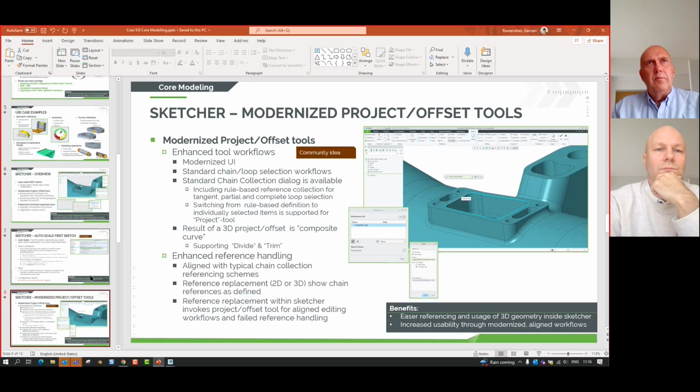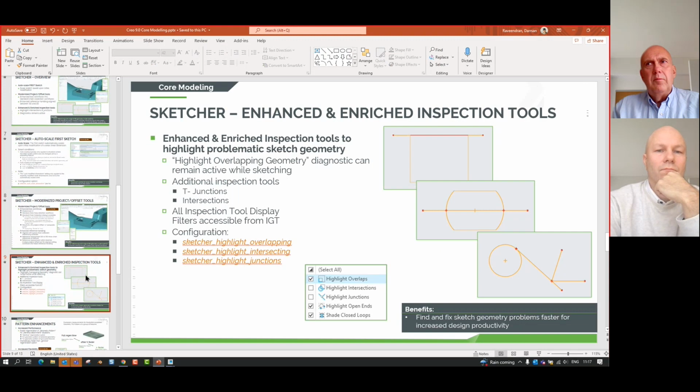And the final improvement that I want to talk about today from a sketcher work capability is some enhanced and enriched inspection tools in Creo 9, as we now have the ability to better highlight any sort of overlapping geometry. Now, this is something I've experienced a lot from working with various customers here at PTC.